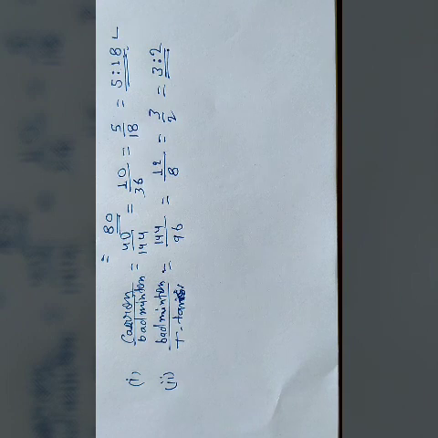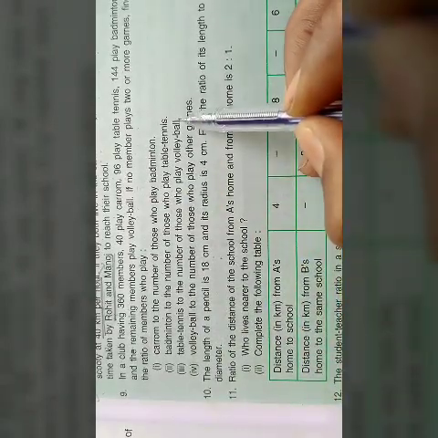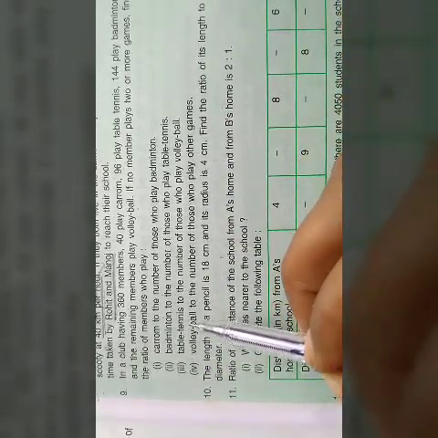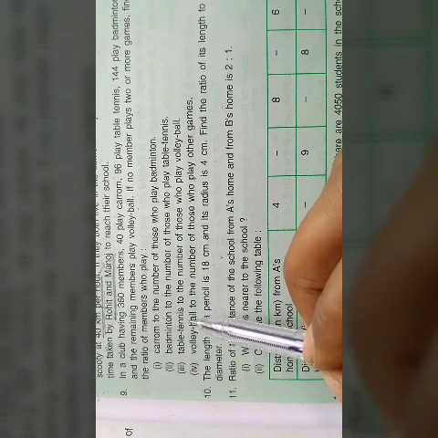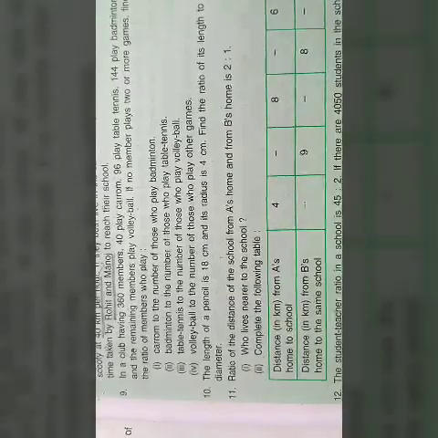Third point, table tennis to the number of those who play volleyball, means table tennis to volleyball. And fourth one, volleyball to the number who play other games. This third point, table tennis to volleyball, you can find out. Fourth, volleyball to who plays other games, means except volleyball, how many members play other games. So except volleyball, first of all find out the members who play the remaining 3 games, then find out the ratio. These 2 points you will solve by yourself.